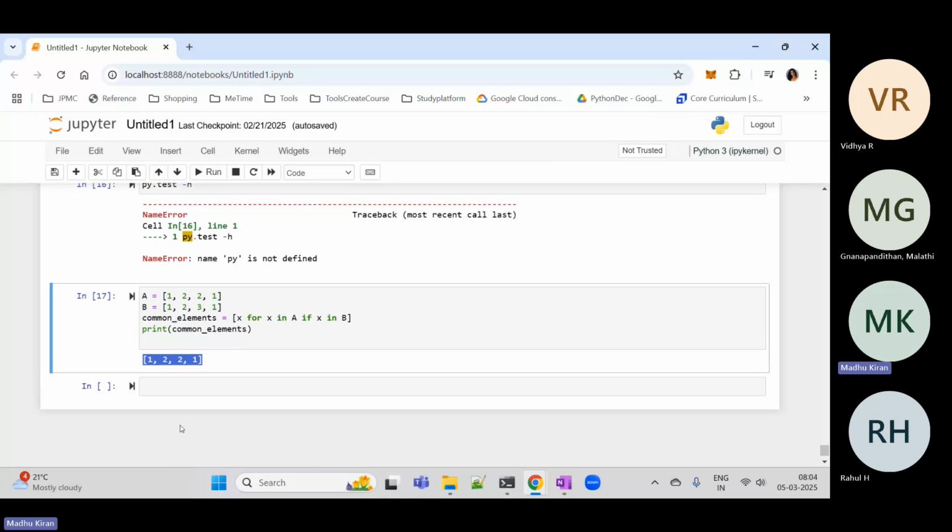But here there is an issue. I am expecting what is common between A and B. What are all the common values? One is there, two is there, and this two is not there. Yes. It is checking, and here one is there. So I'm expecting 1, 2, 1. But